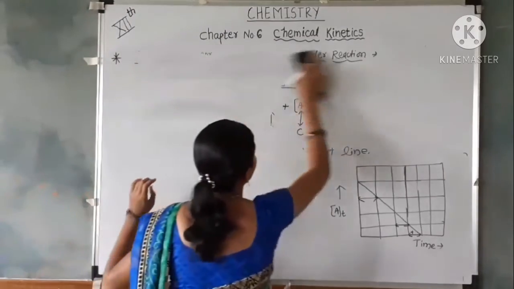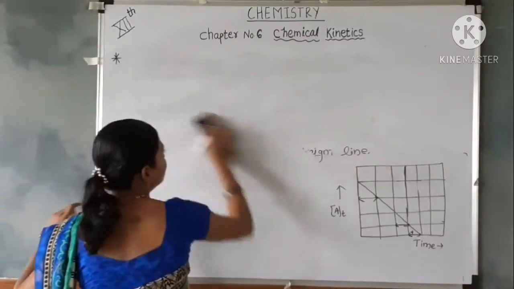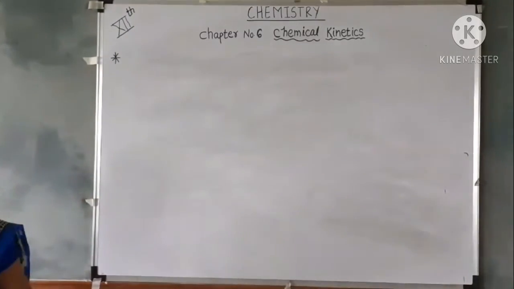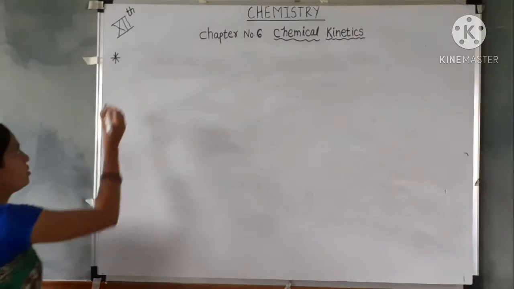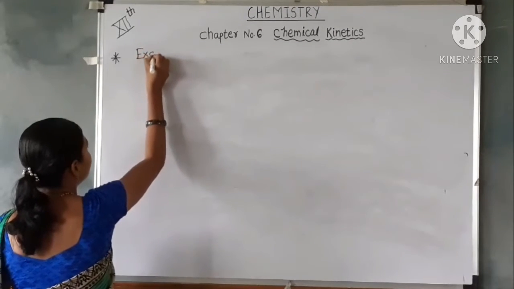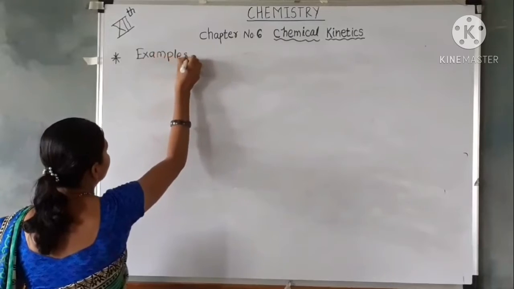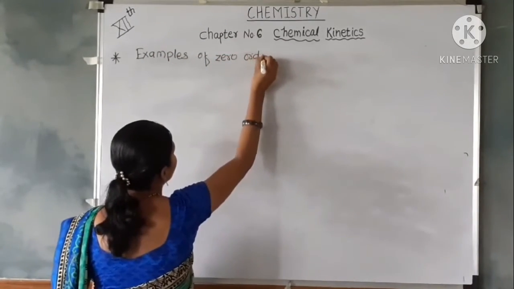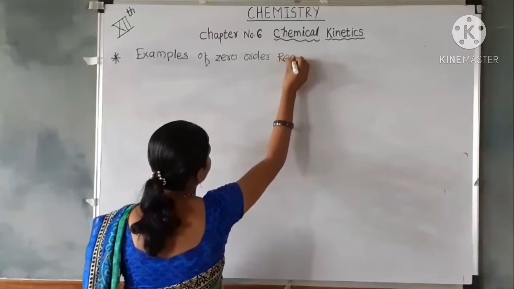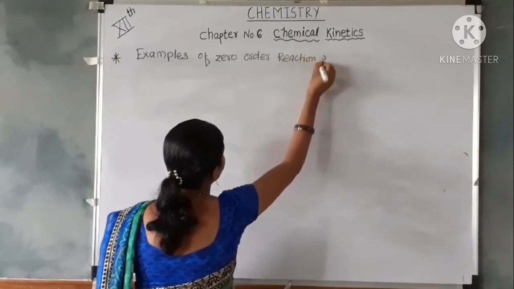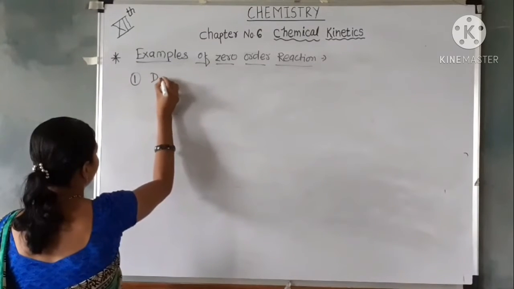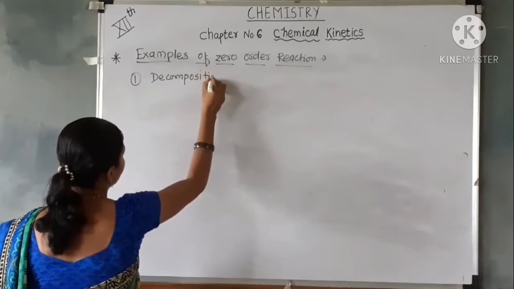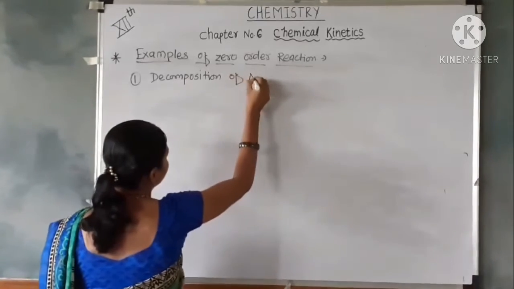Next point of this chapter we have to see is examples of zero order reaction. This is the first example of zero order reaction: decomposition of ammonia,